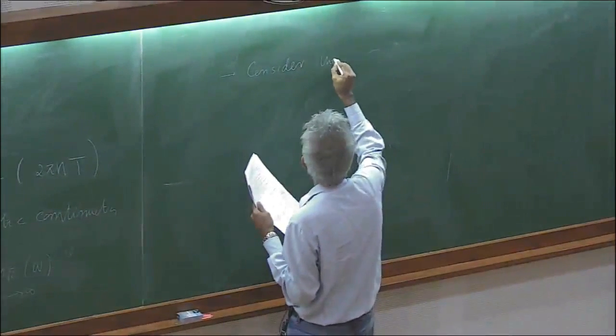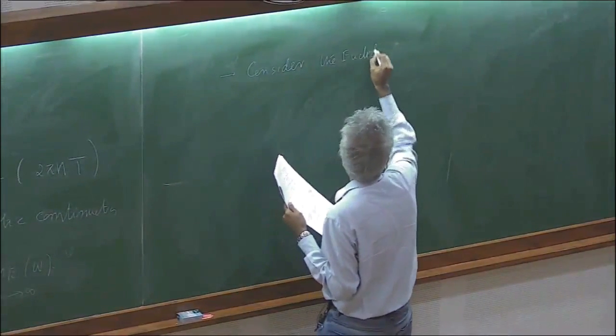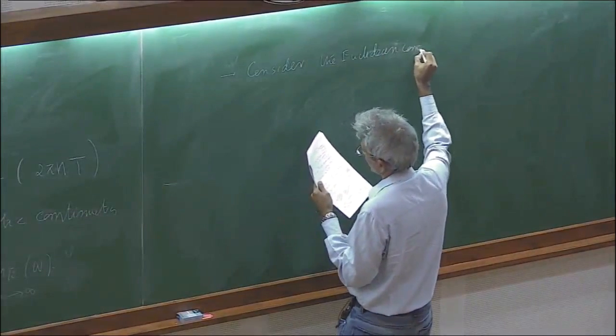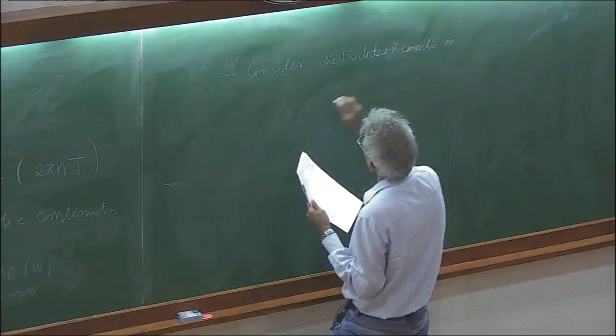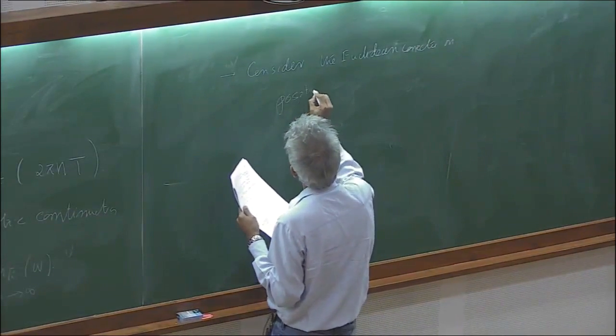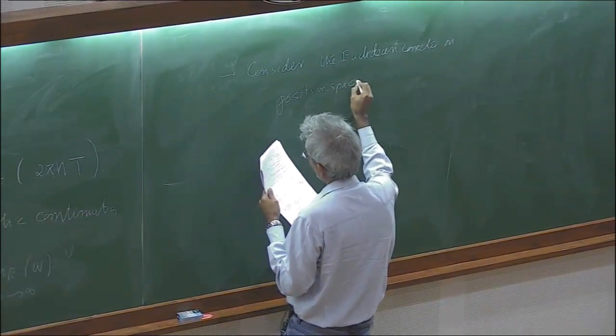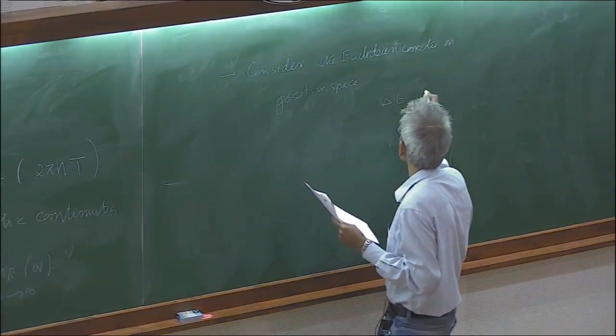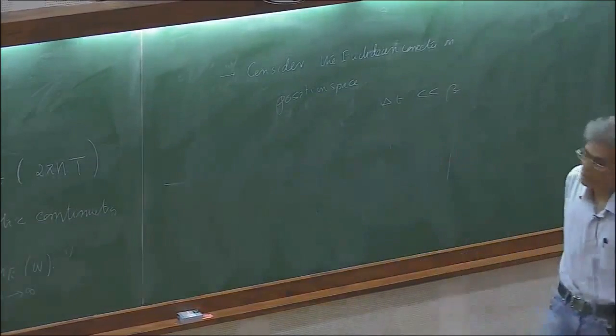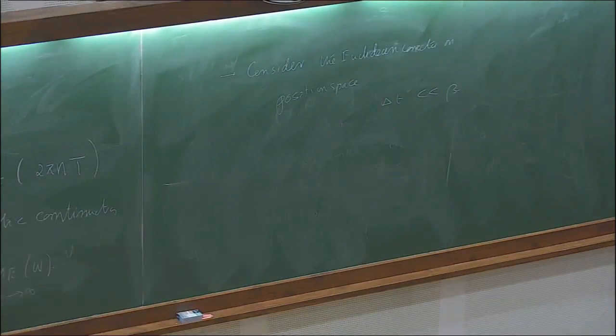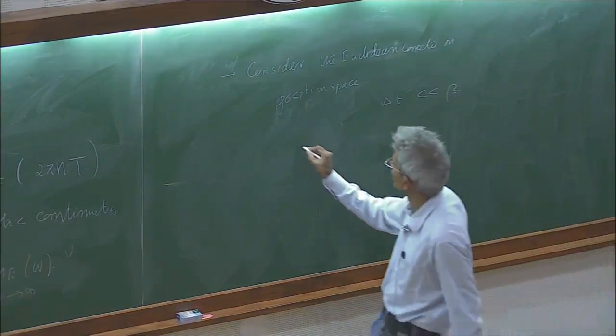Consider the Euclidean correlator in position space. If time intervals or distances are much smaller than beta, then the OPE,